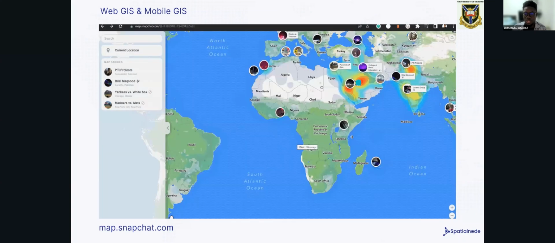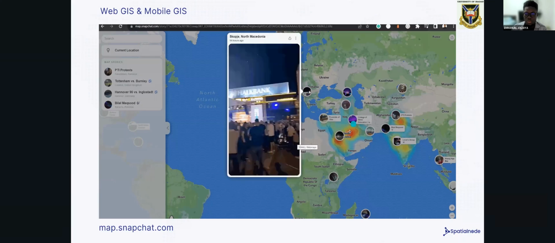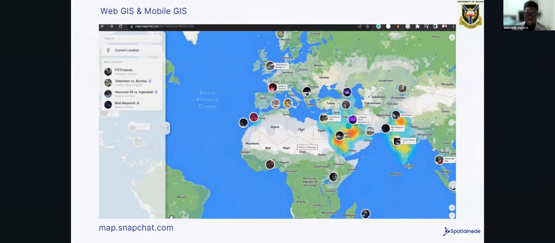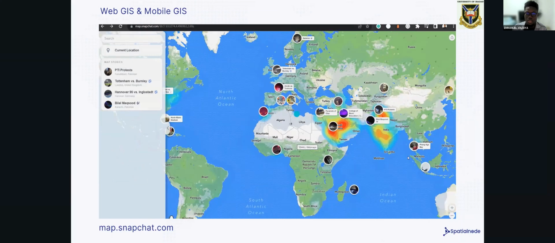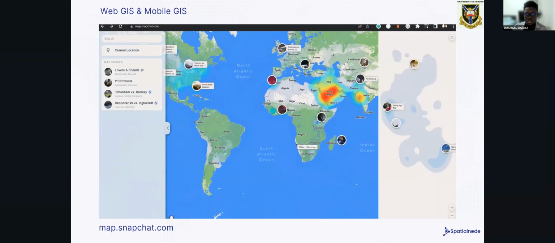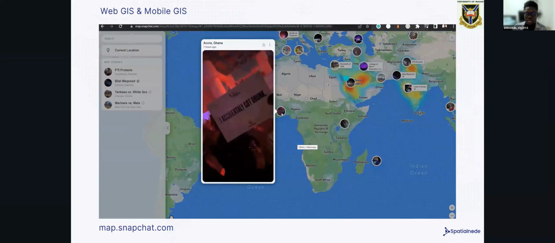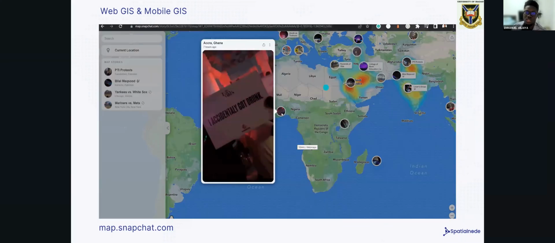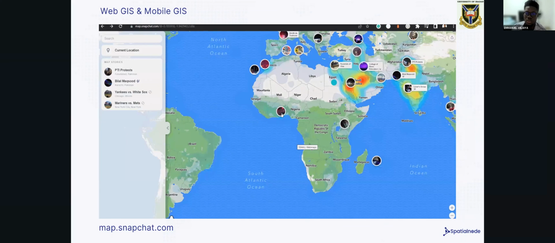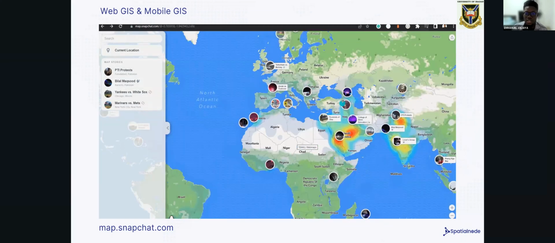So if you zoom in, you'll see different posts by different people, and you can see what's happening all over the world in real time. So it's also very interesting to see even social media platforms using GIS to visualize the users and engagement on their platform. So they use this to understand where their customers are coming from and where they should focus their